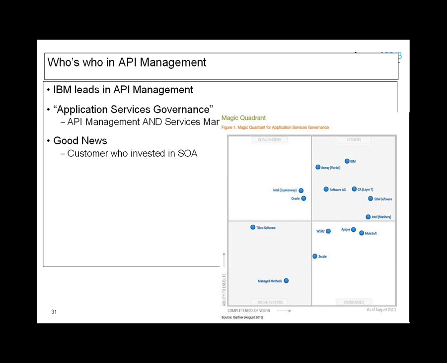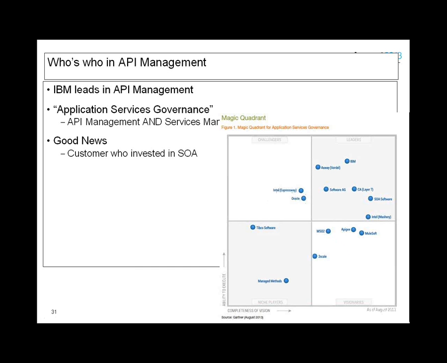Offering owners. In that, IBM is a leader in API management. Very recently, this was published by Gartner, and if you can see, you've got other players like Layer 7, Software AG, SOA Software, there's Apigee, there's MuleSoft acquired ProgrammableWeb.com, and also some other people in the Magic Quadrant, right? Now,